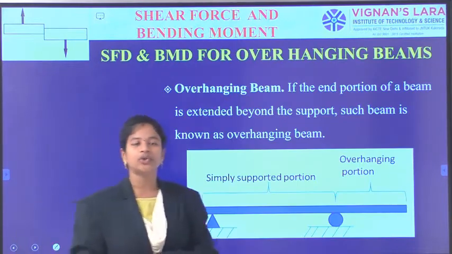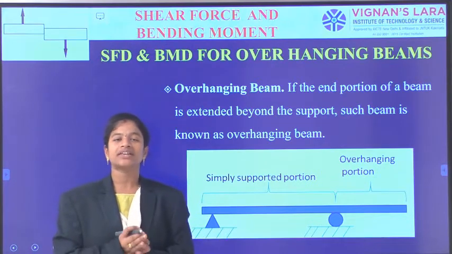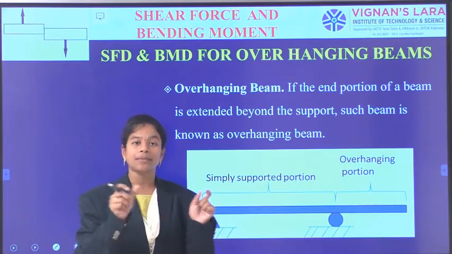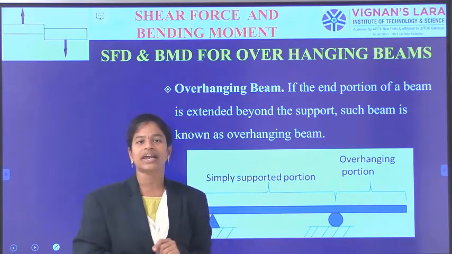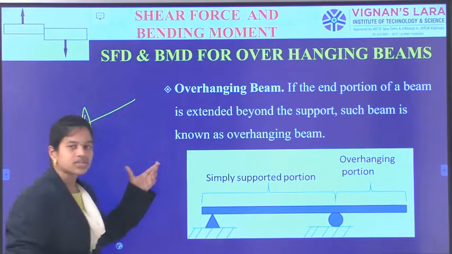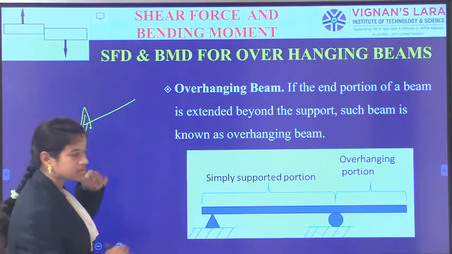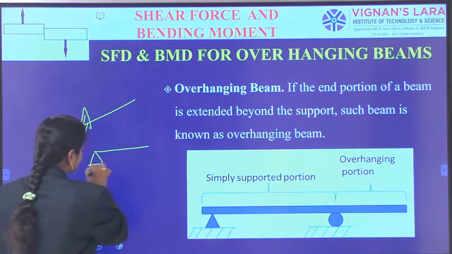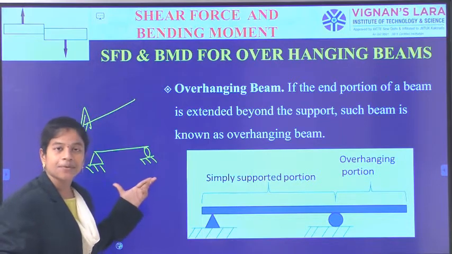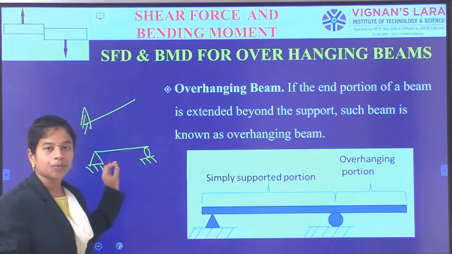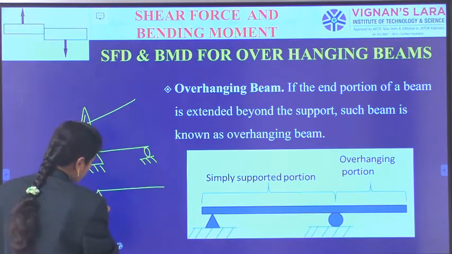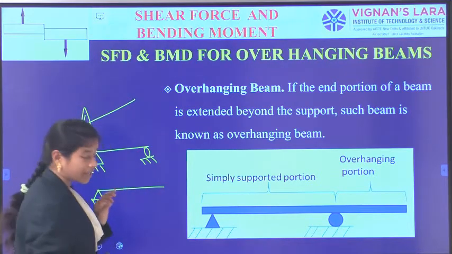Now we are going into the next type of beams. In the first class itself we have explained the different types of beams based on the combination of the supports. When we are considering one end fixed and the other end free, those types of beams we named cantilever beams. And when we observe a hinge at one end and a roller at the other end, this type of combination gives the simply supported beam. Now we are going into the basic simply supported beam, but